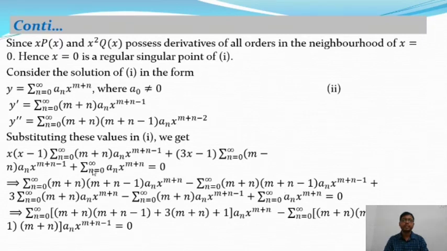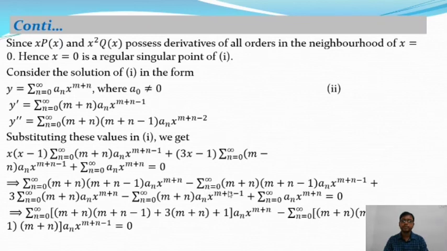plus summation over n is equal to 0 to infinity a_n x to the power m plus n is equal to 0. So after putting the value of y, y dash and y double dash, we will get this one. So after simplifying this equation, we will get summation n is equal to 0 to infinity (m plus n) into (m plus n minus 1) a_n into x to the power m plus n. Okay, after being multiplied by x square, we will get this one,